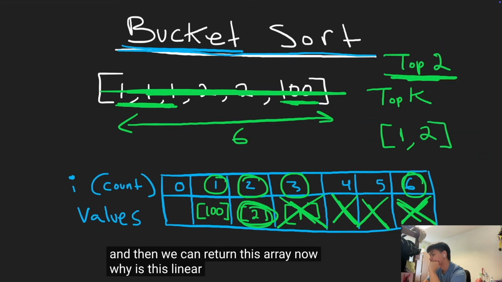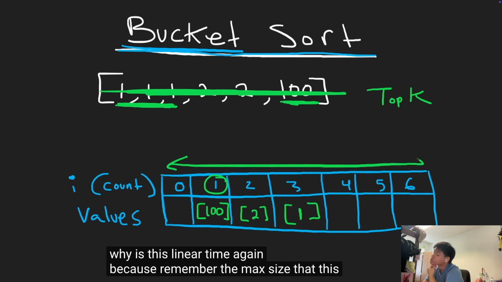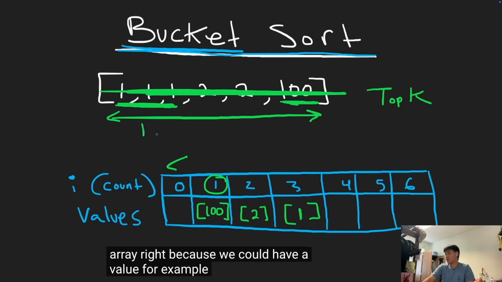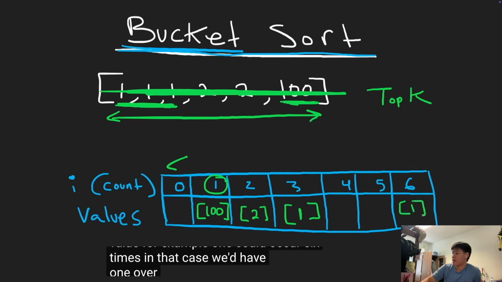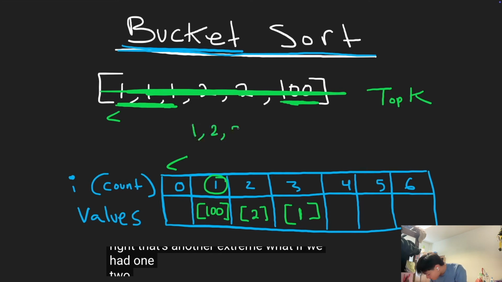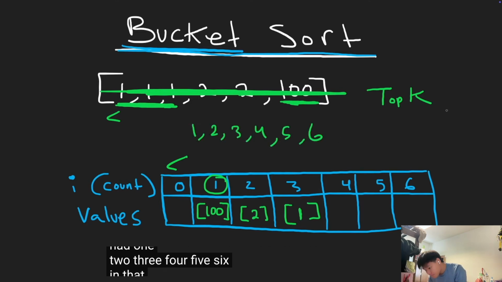Now, why is this linear time again? Because remember, the max size that this array could possibly be is going to be about equal to the size of the input array, right? Because we could have a value, for example, 1 could occur 6 times. In that case, we'd have 1 over here. Now, what if every single value in the input array was distinct, right? That's another extreme. What if we had 1, 2, 3, 4, 5, 6? In that case,